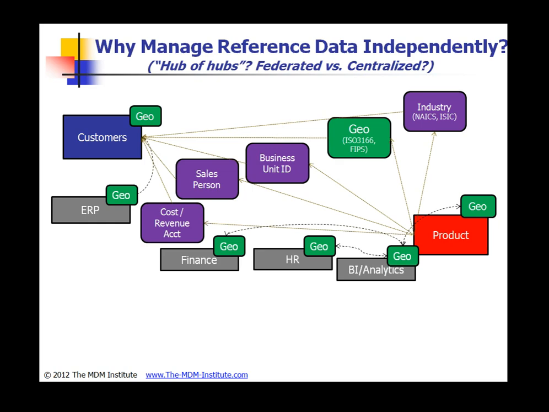So some of my large customers have been building out by hand their own semantic layers on top of SAP and IBM, for example, a common scenario, those MDM hubs. That's what we call the hub of hubs, where you create a semantic overlayer or Uber hub to do that. Another reason why you might architecturally go down that route of managing reference data separate from your MDM hubs